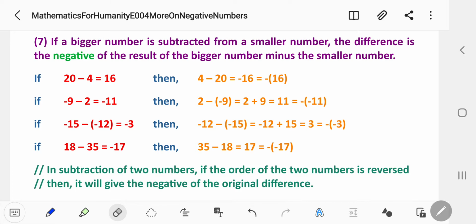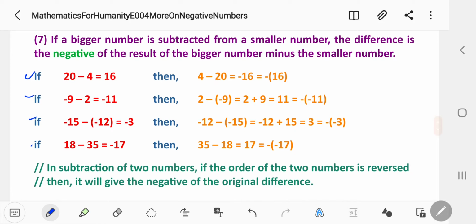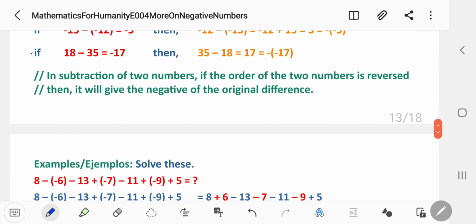In subtraction, the conclusion here is that in the subtraction of two numbers, if the order of the two numbers is reversed, then it will give the negative of the original difference. Just like what happens here, here, here, here, and here. Okay. Let's go to